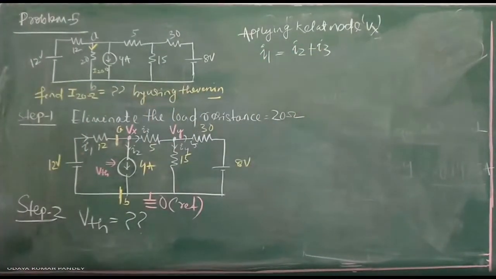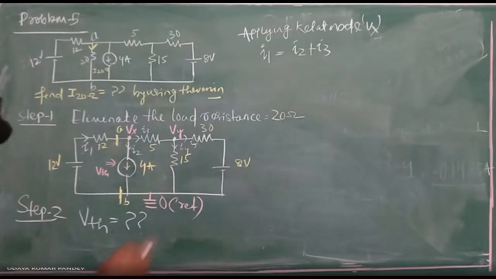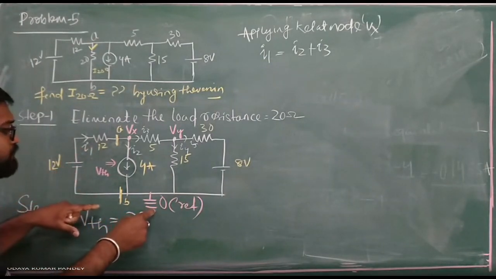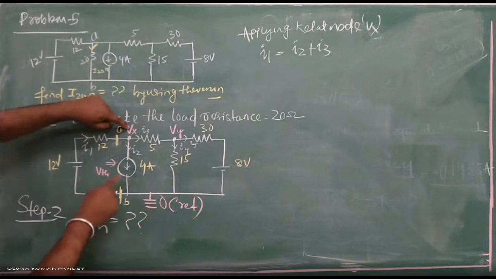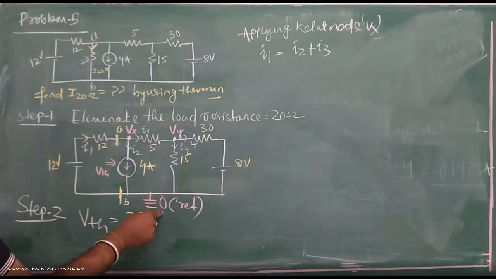Is it clear, all of you? Yes sir. Now just write down here how to calculate the I1 point. Here the current is here, then you just calculate the potential drop between 0 to Vx, because the current is moving in a clockwise direction. That means the potential drop is 0,